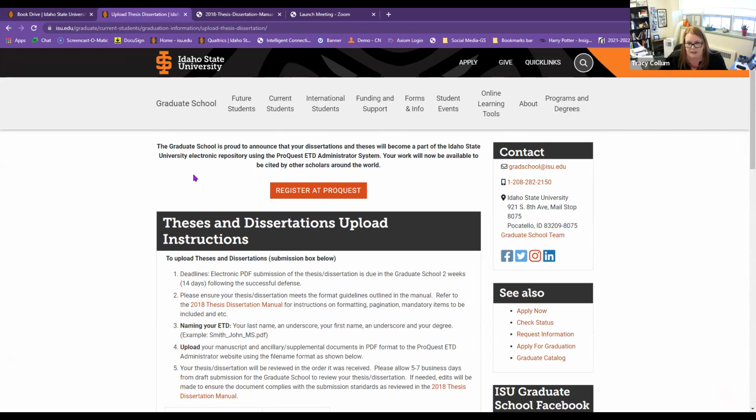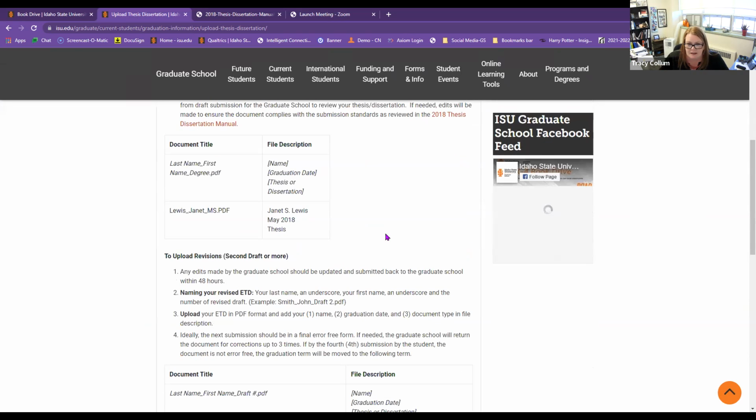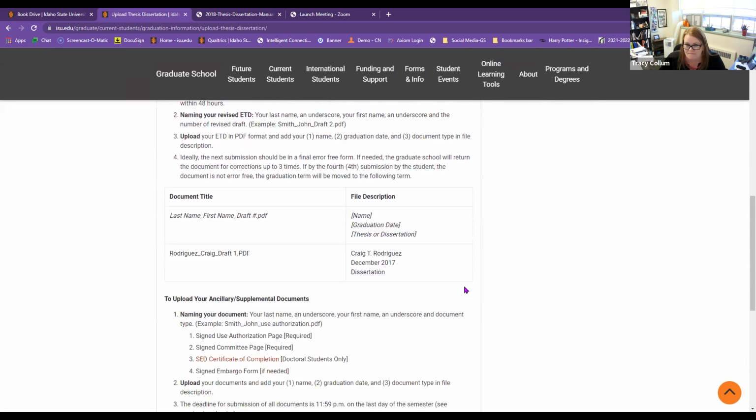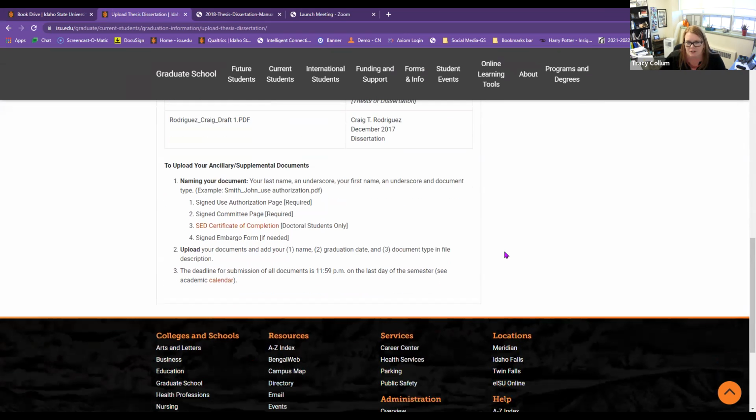So there are specific instructions on this page on how to label your document, what all you're going to need. It is highly advisable that you read this page. 9 times out of 10, what you're going to forget is something that is actually on this page. And my edit response is, hey, go read about the supplemental documents. 8 times out of 10, somebody says, hey, I read that page. There wasn't anything about supplemental documents. If you notice here, it says supplemental documents. So make sure you read these and know exactly what you need to submit, because you're going to do that